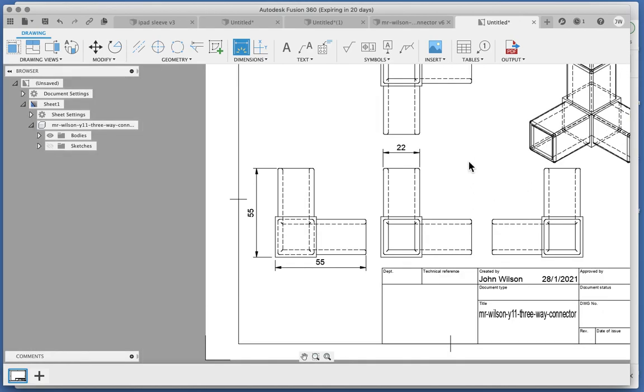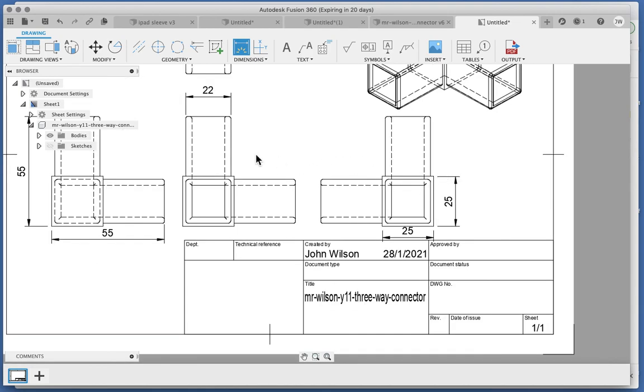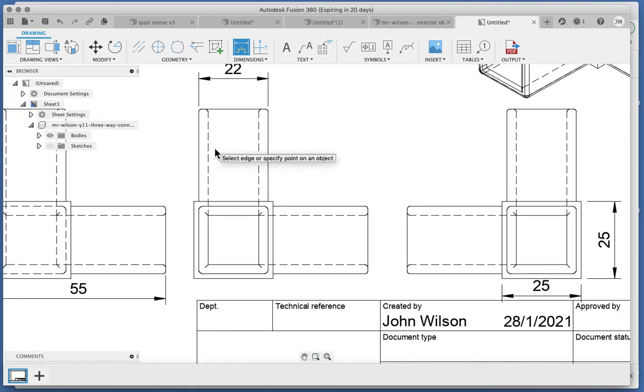And what have we not done? Remember, we talked about spreading out those dimensions rather than putting them all on the same view. That one is just a simple click and drag. That's 25. That one, same again. Oh, it's a bit of a squeeze down there, isn't it? Just about fit that in and press enter, 25 there. What haven't we shown? We haven't shown the thickness